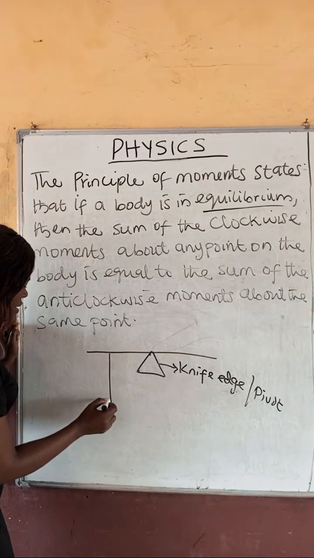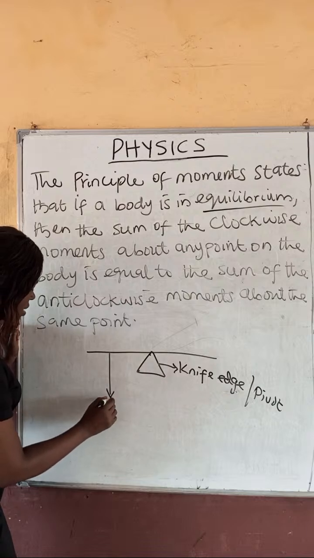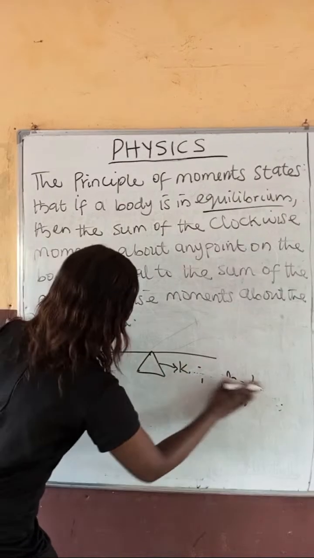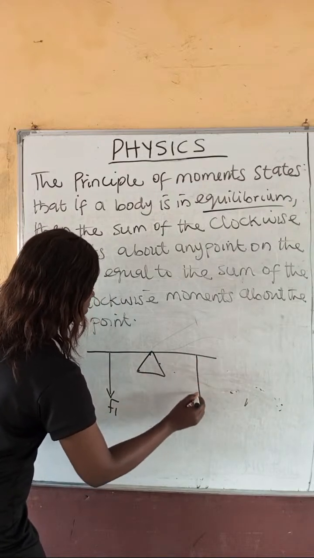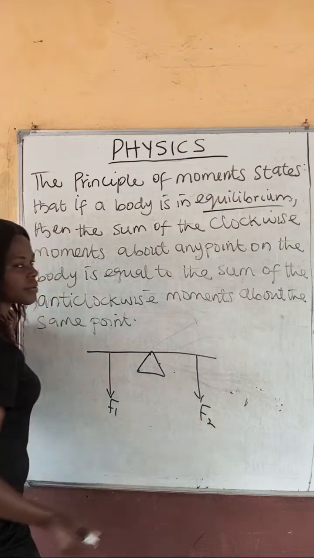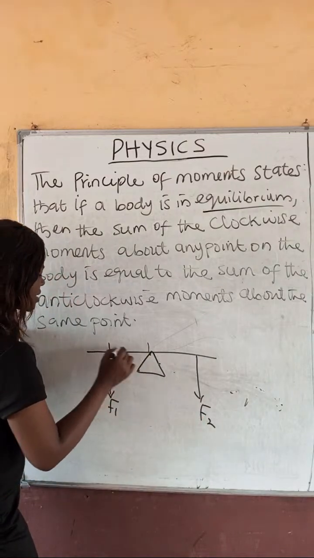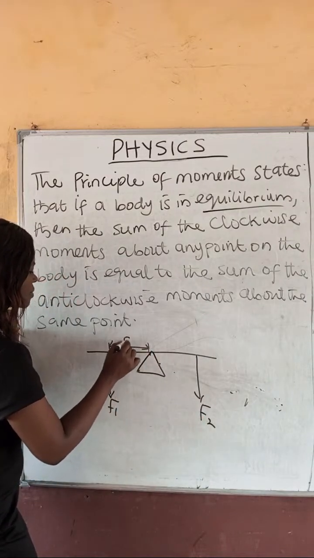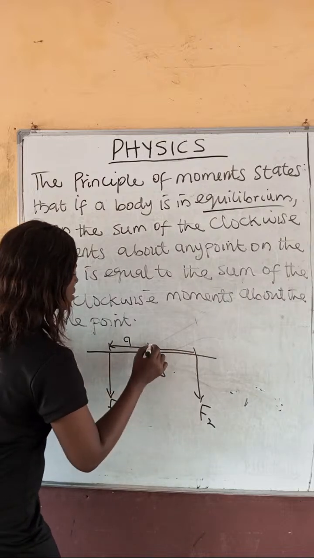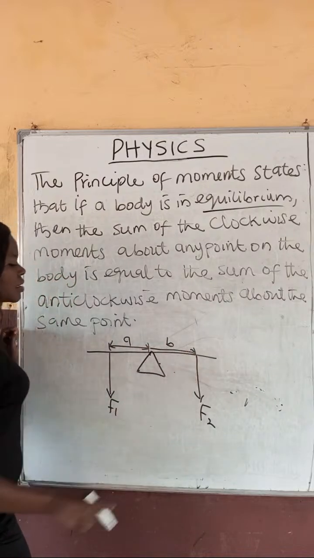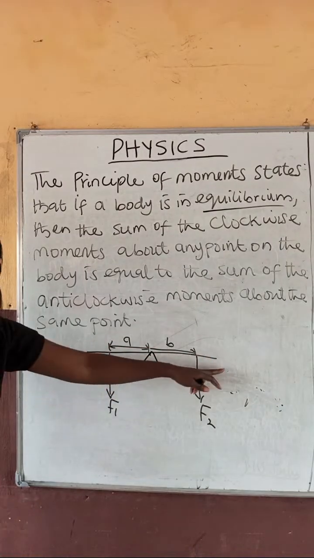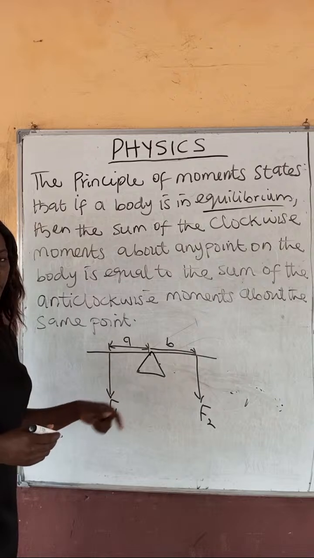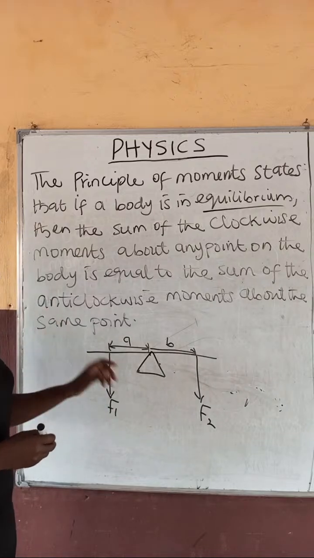Now, if the forces, this is F1, while this is F2, right? And the distance separating them is A. Distance separating this one is B. Okay? If this bench or this ruler is balanced on this knife edge, then the sum of the clockwise